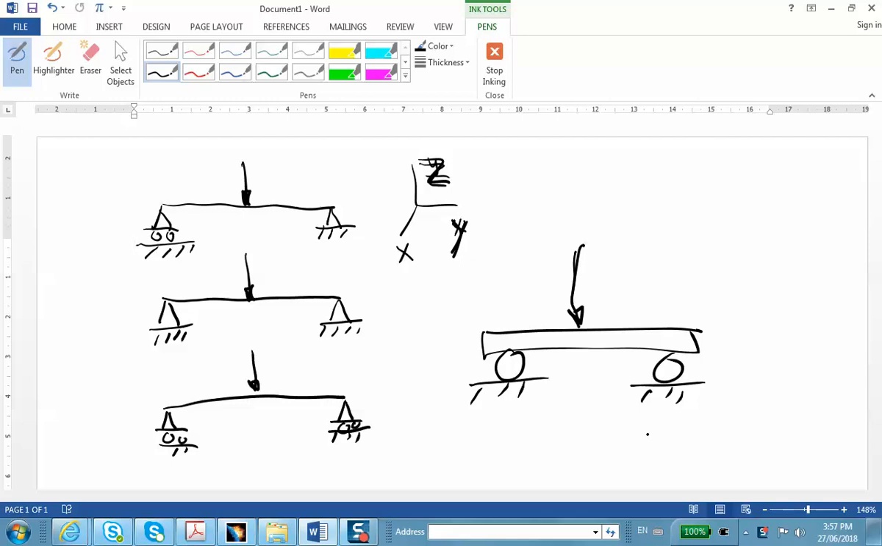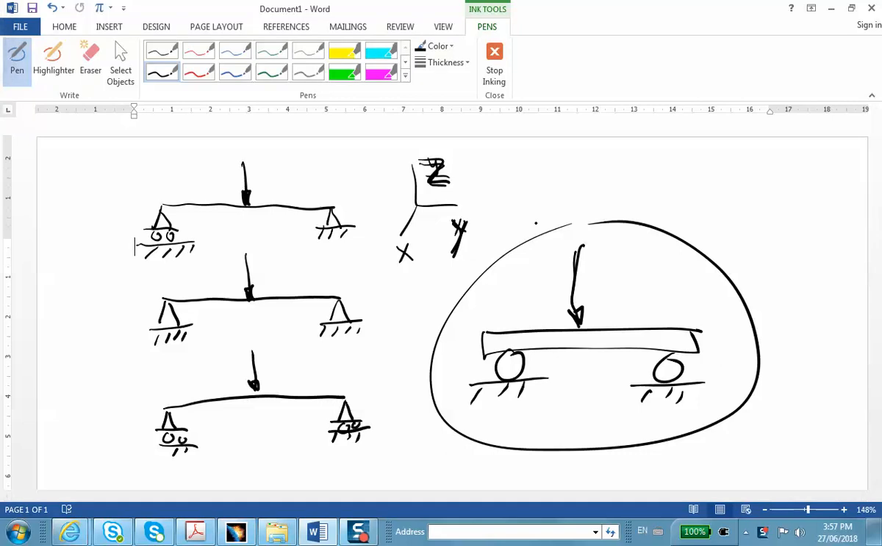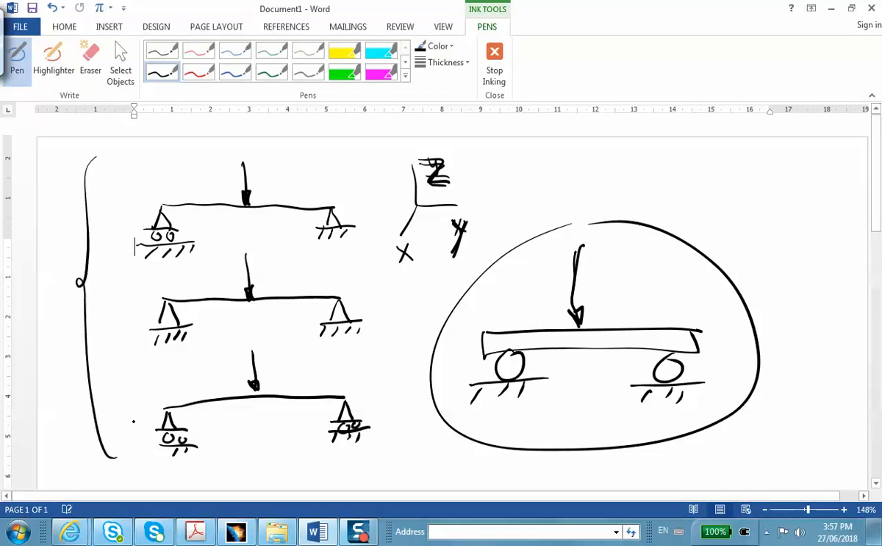In real life, or in an experiment, if you want to create a simply supported beam, probably this is the way you set it up. So two rollers, a plate or a beam on it, and then load it. When it comes to analytical solution, then